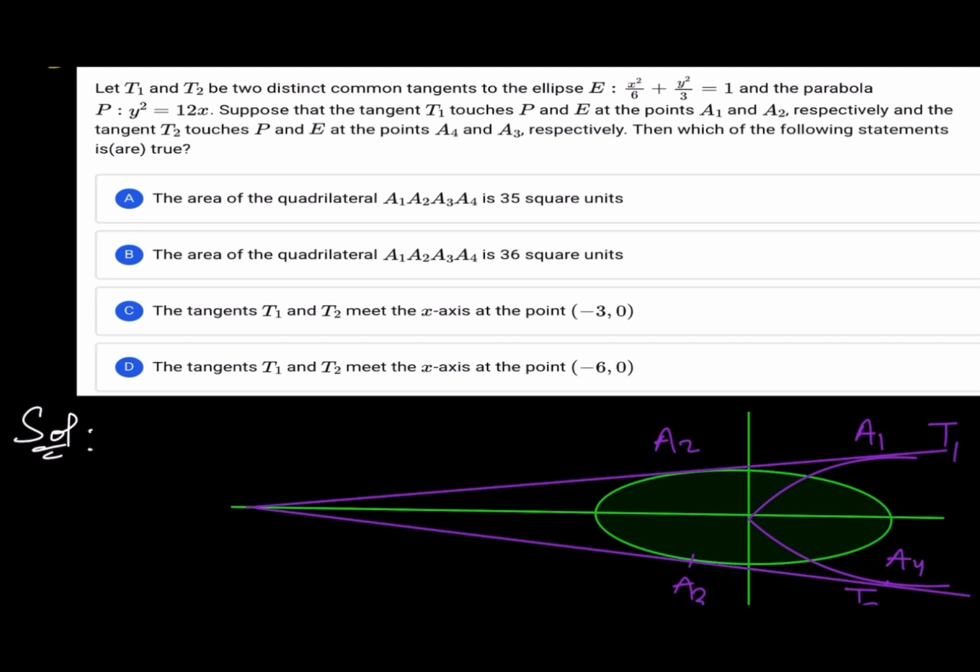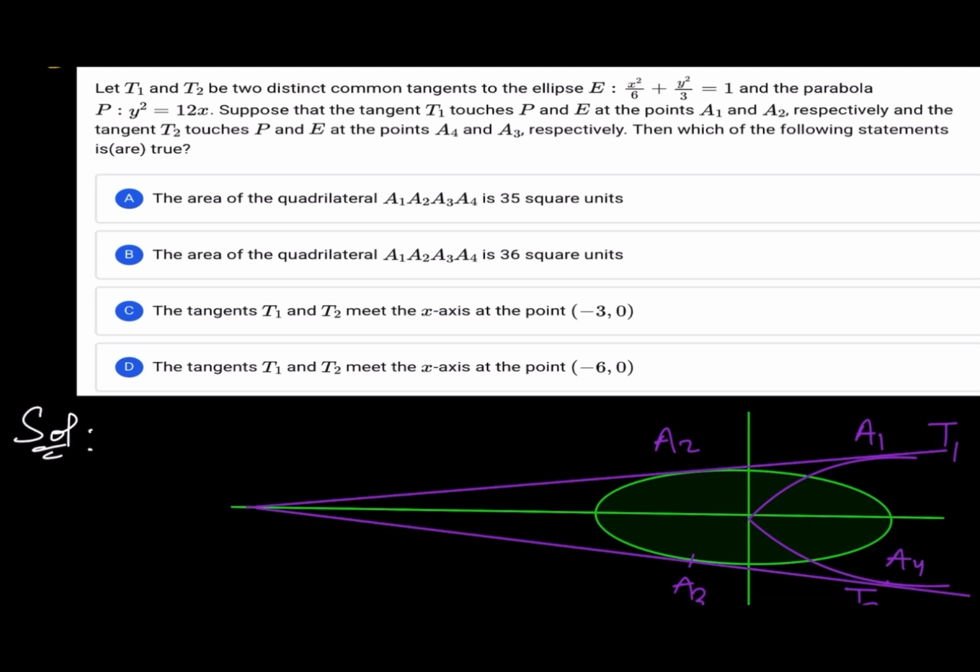The first option: the area of the quadrilateral A1, A2, A3, A4 is 35 square units. And the second option: the area of the quadrilateral A1, A2, A3, A4 is 36 square units. Right? So for finding the area of quadrilateral A1, A2, A3, A4,